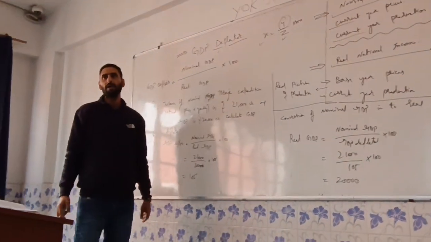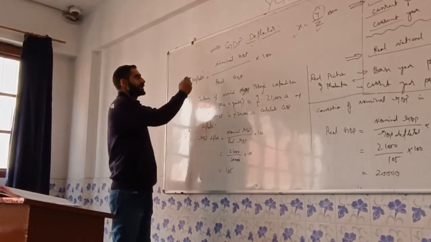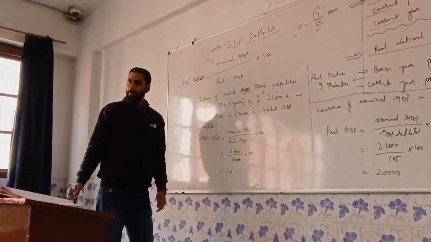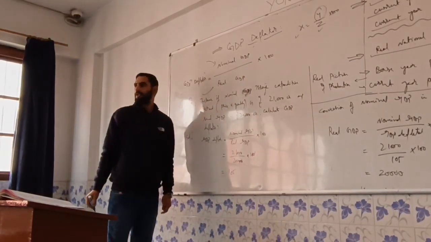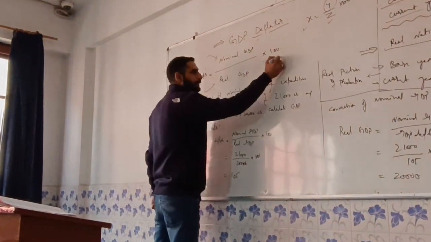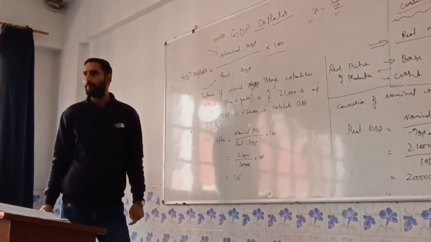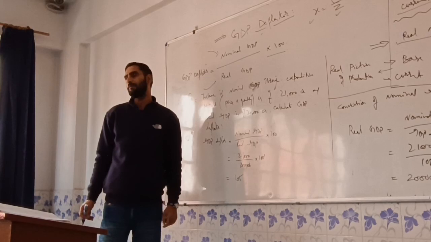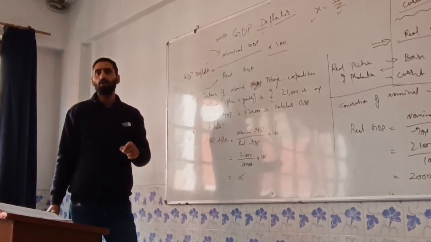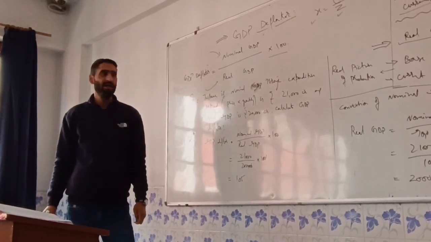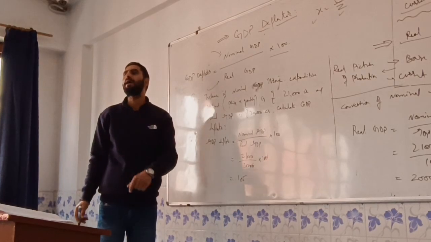And in order to calculate the GDP deflator, we take nominal GDP, which is to be calculated, and real GDP, which is to be used, and multiply by 100, because it will be in the percentage or index form. Whatever value comes, the difference from 100 to that value will give us the effect. So I am going to take a small numerical example.